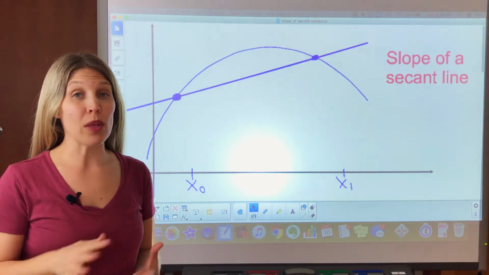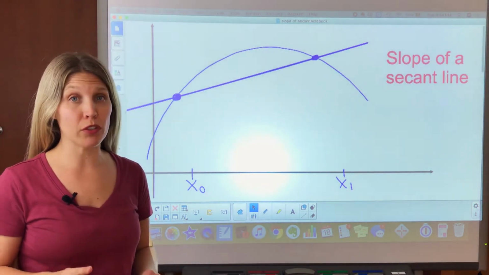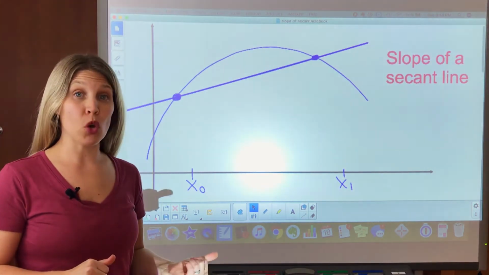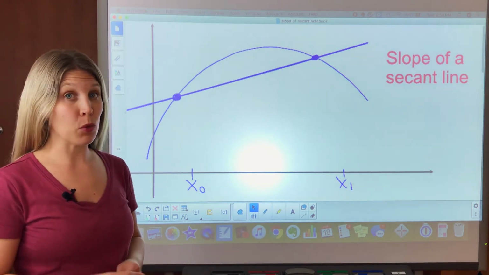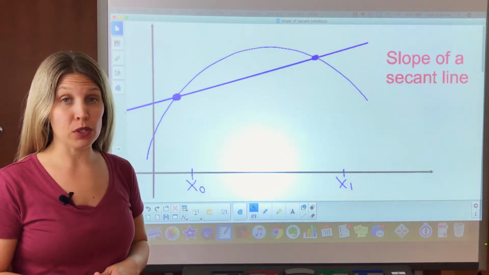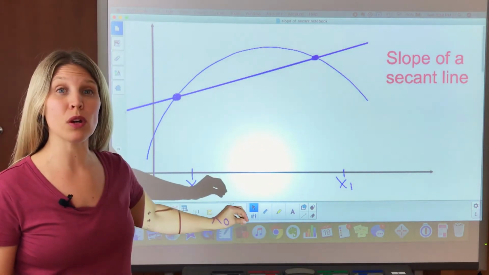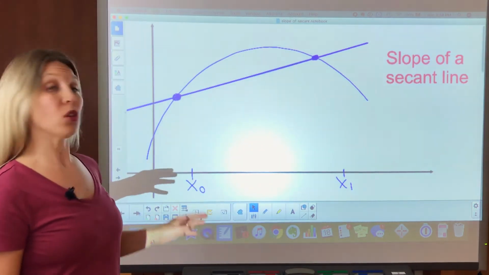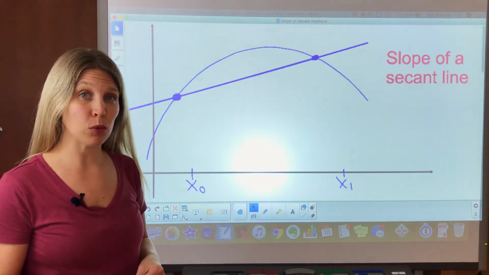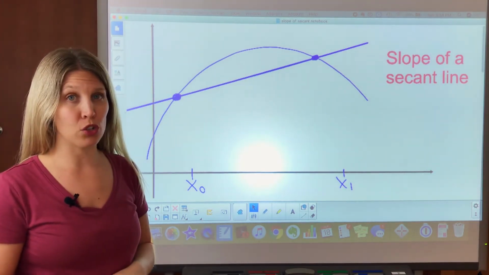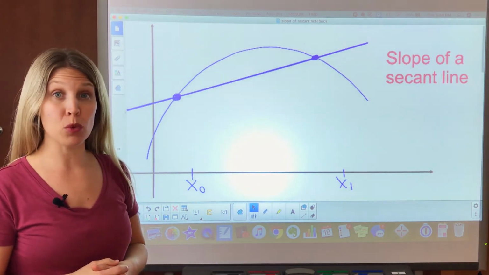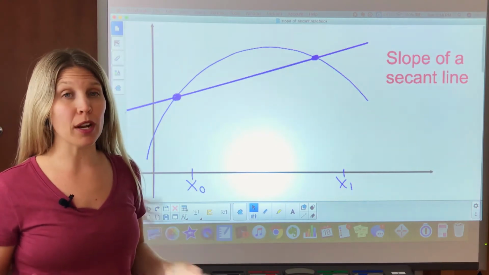Now you have to know that sometimes this can be written two different ways. So I'm going to show you the other way that this can be written with different x values. Sometimes they use x and x plus h, sometimes they use x0 and x1. So let me show you what the slope of that line will look like and the slope of the tangent line. Depending on which method you want to use, you can use either one and you will get the same